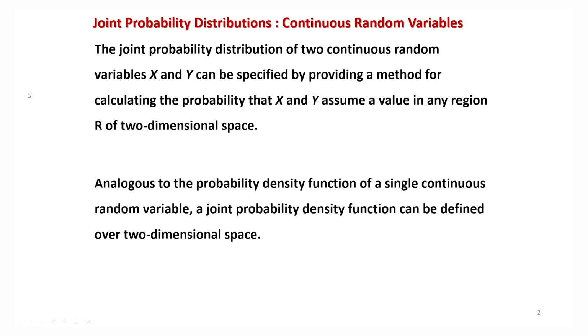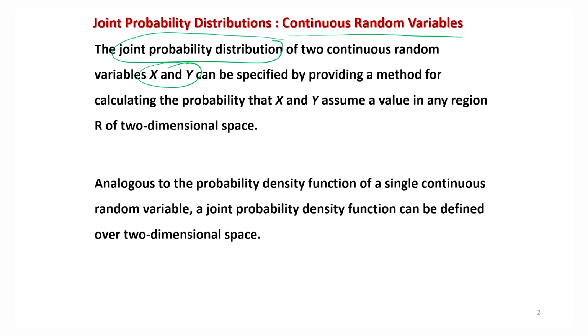As we had discussed in the case of a univariate continuous random variable, we have the probability density function. Once again we are going to concentrate only on continuous random variables, but now we have two continuous random variables, which we denote by x and y. The probability function in such cases is going to be affected by the behavior of x and y both, and that is why we call it a joint probability distribution.